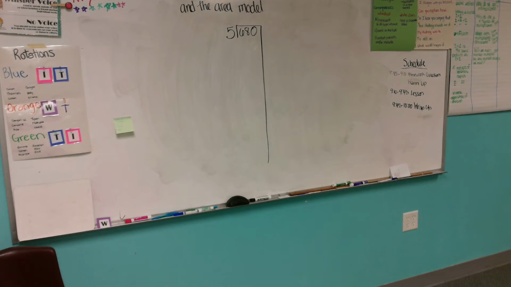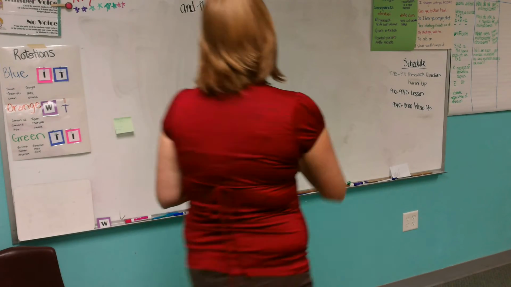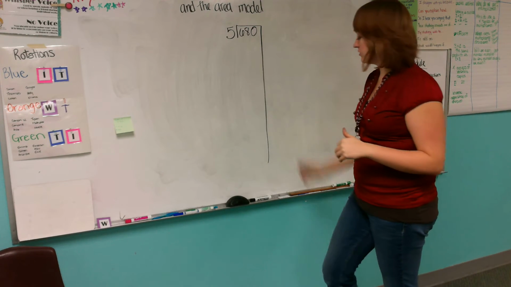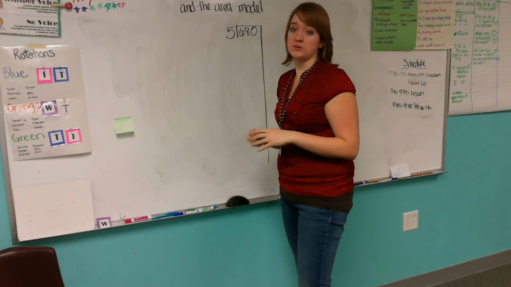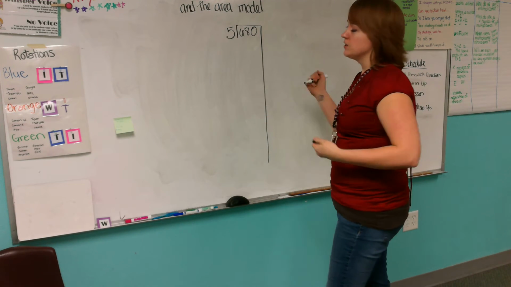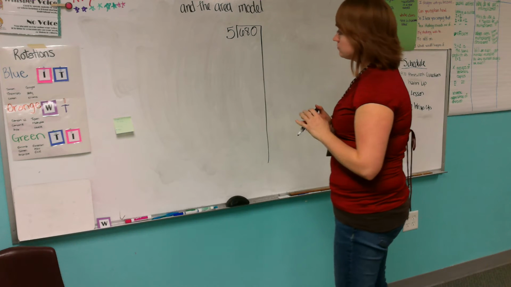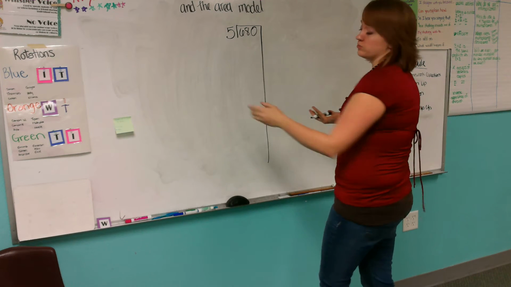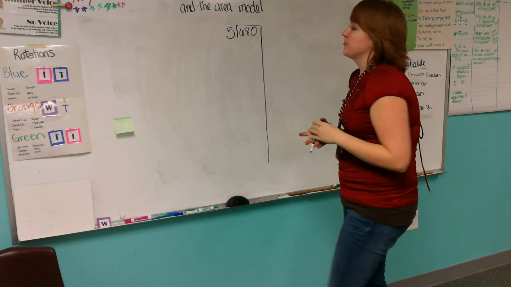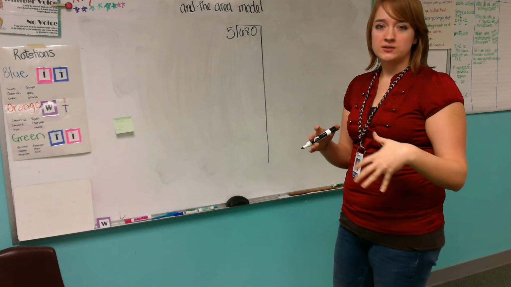So this strategy looks at how I can combine the strategy of partial quotients to the area model, which is something students have experience with in multiplication. So it really makes that good multiplication division connection, and they can see how the two are related. So on this problem where I'm dividing 680 by 5, to use the area model, we're kind of doing it,